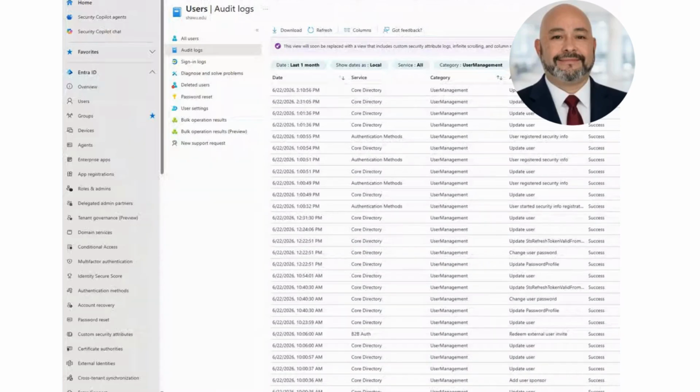All right. Let's go over some logs here. So there's two differences on the Microsoft Entra ID on the admin center. Whenever you're doing some troubleshooting, we got to make sure we know what we're looking at. We got the sign in logs and we got the audit logs, and I just want to go over it because I've been spending a lot of time these couple days doing an investigation